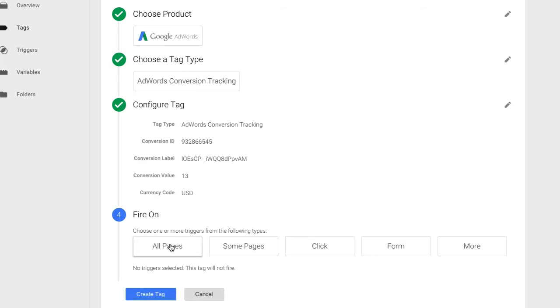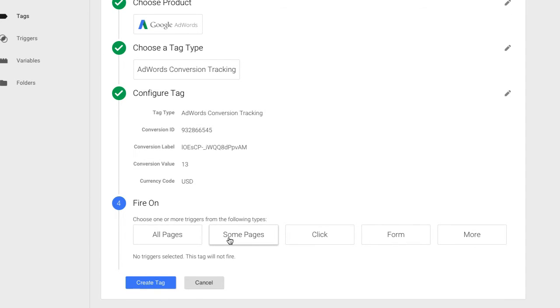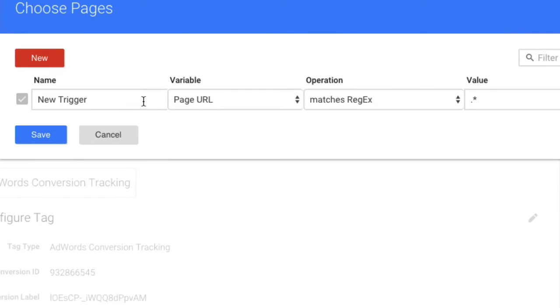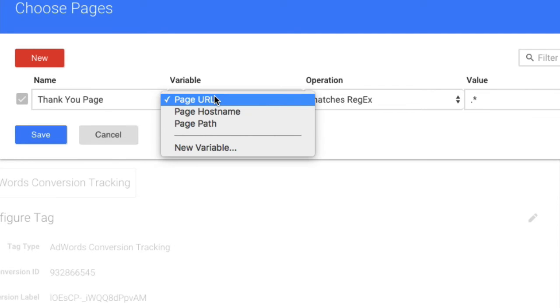Hit continue. Now this is important. We don't want to fire this on all pages, clearly. So what we're going to do, well, number one, I'm going to change the name of this to AdWords sale conversion. We're going to fire this on some pages, and I'm going to choose new. And for my trigger here, is on a thank you page. And I'm just going to say